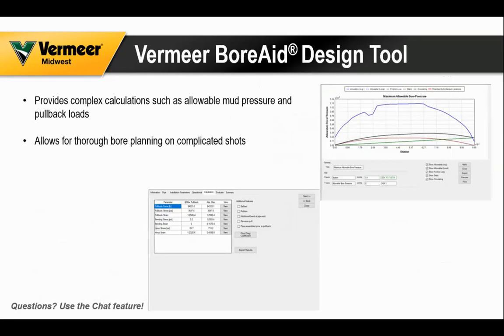Using the topography and the soil information, as well as your machine information and bore path design, BoreDiz provides the user with some very advanced calculations, such as allowable mud pressure downhole, pullback load, stresses and strains, and those are just a couple of examples that I have up on the screen here. This type of information is extremely valuable for thorough bore planning, especially on some of your more